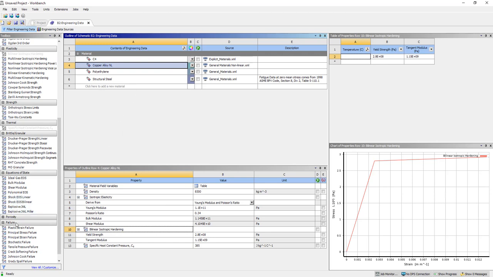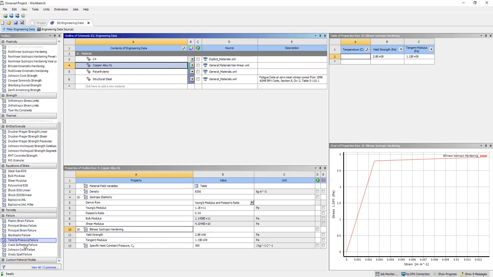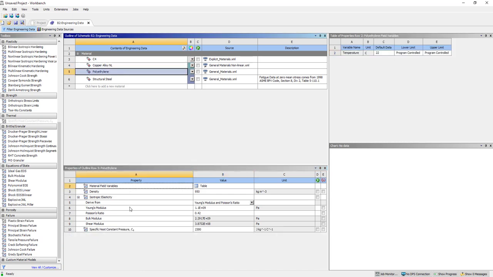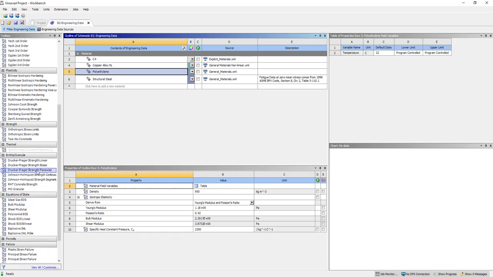For the copper, we can define the failure model using one of these models available. I'm going to just specify a plastic strain of 2, which means that once the copper reaches a plastic strain of 2, it will fail. For polyethylene, I'm going to have to create a